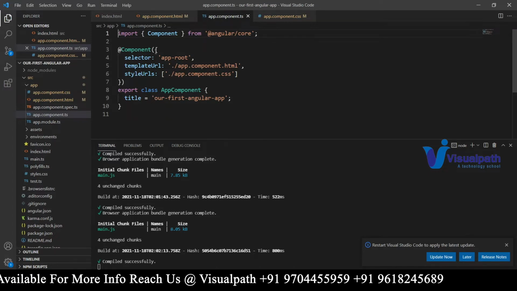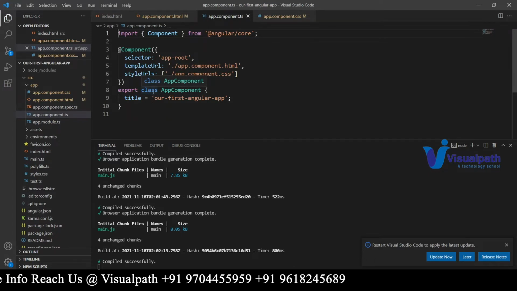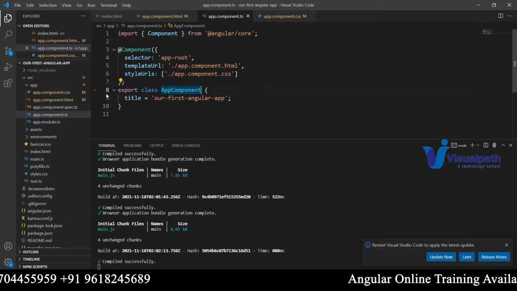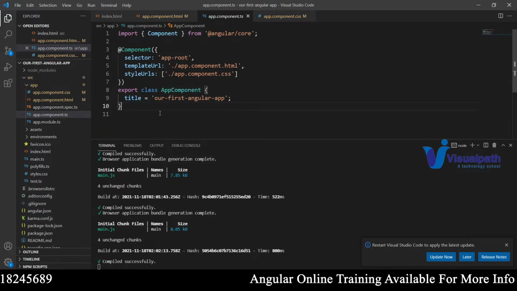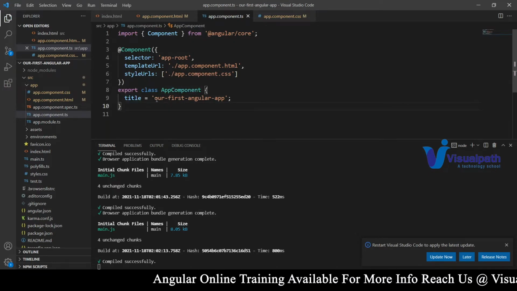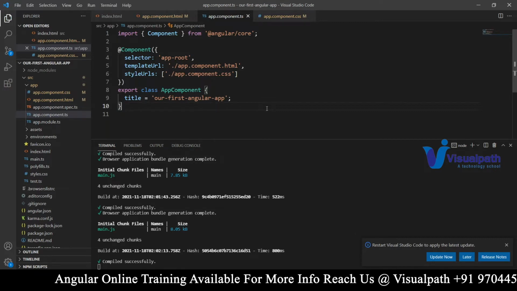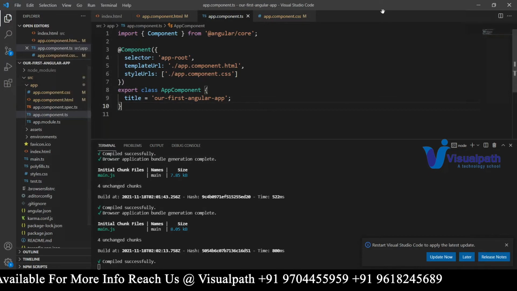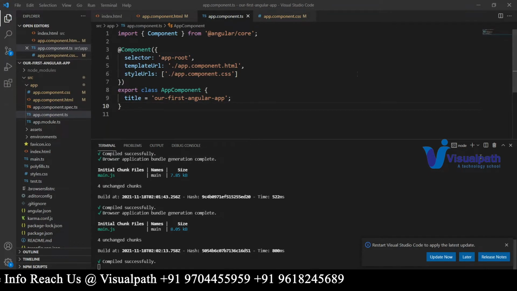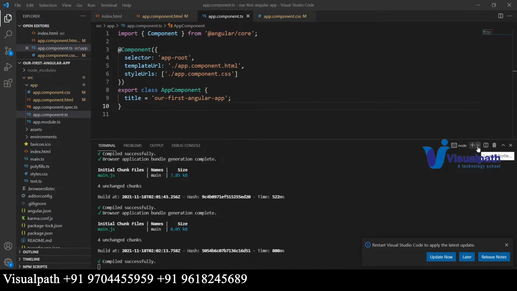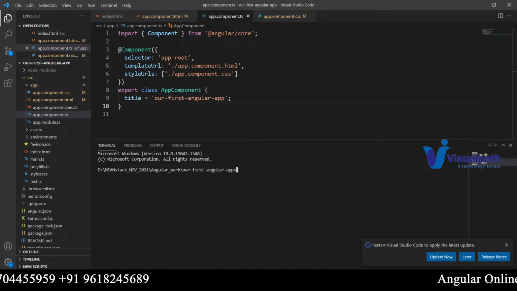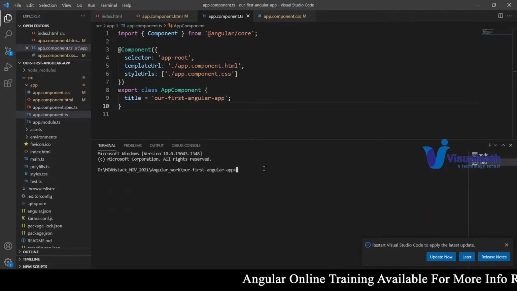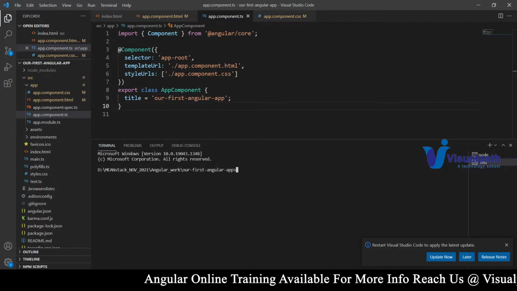If you look at this, what is this component? Here it is telling export class, and the class name will be there, app component, and some title will be there. Your application title will be there. That's it. This is about your component. We are going to create our own component so that you can understand something more. For that, I would like to add one more terminal here. Already in one terminal my application is running, and in the other terminal I would like to create a